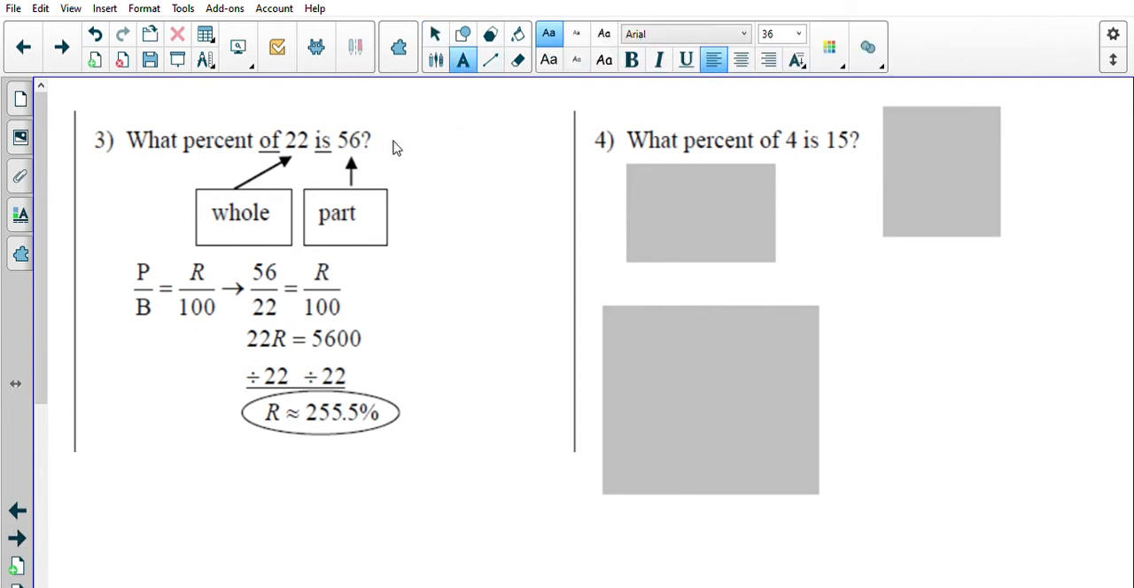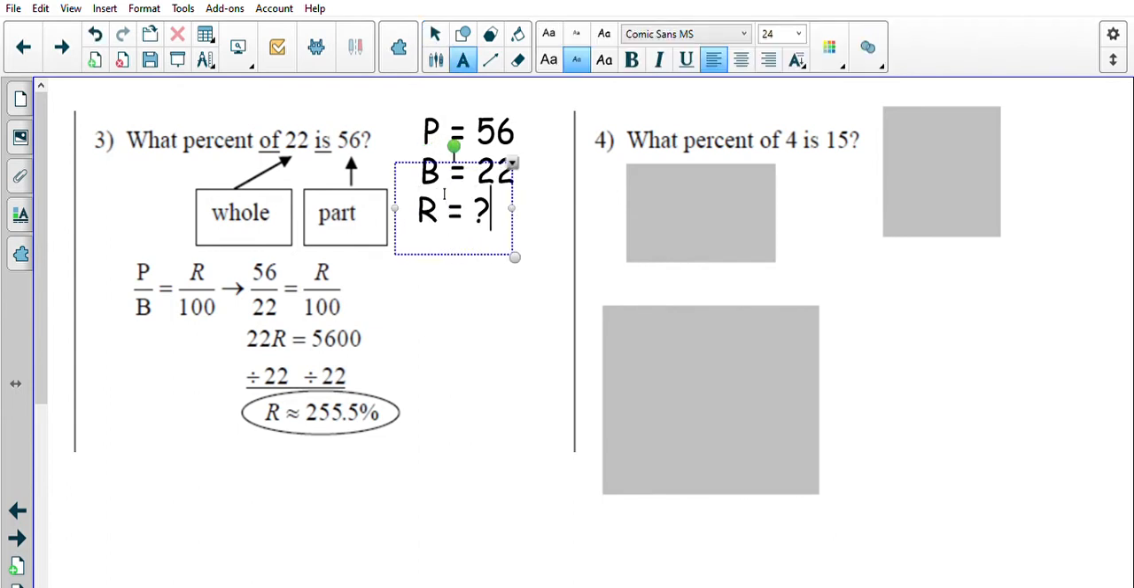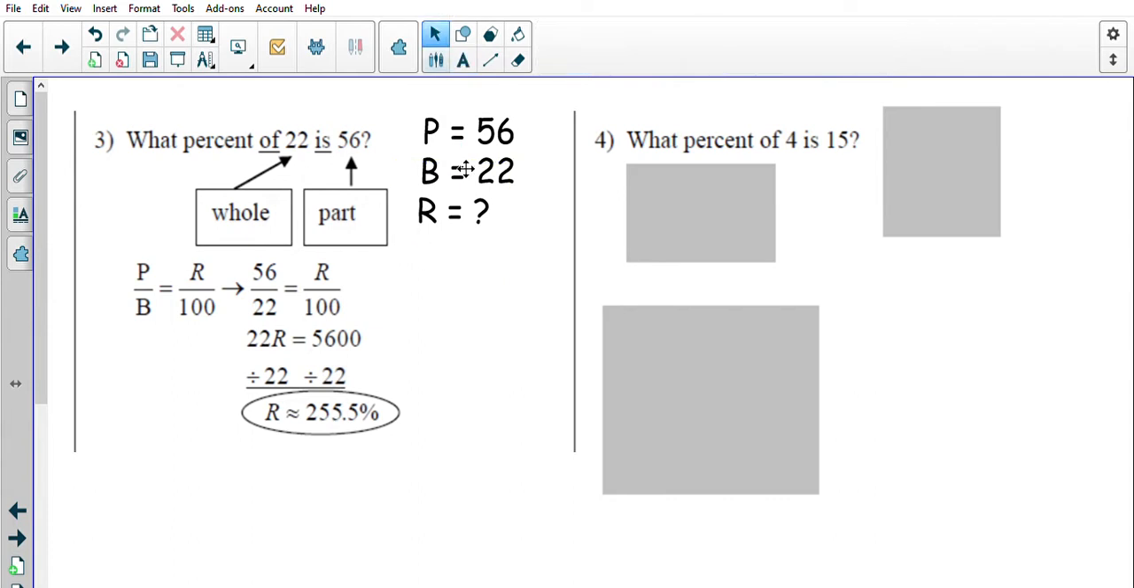In fact, I didn't type that in. I'm going to do that. So my part in this case is 56, which seems really weird, but the base is 22. So in this case, the base is actually smaller than the part, which can happen because it's what percent of 22 or out of 22 is 56. R, or the percent, is my unknown. So P over B is